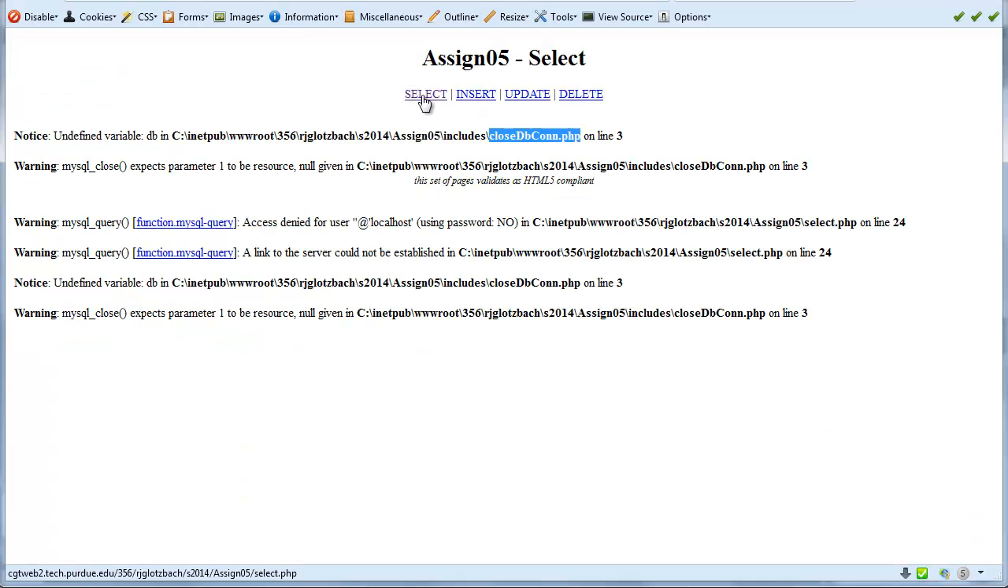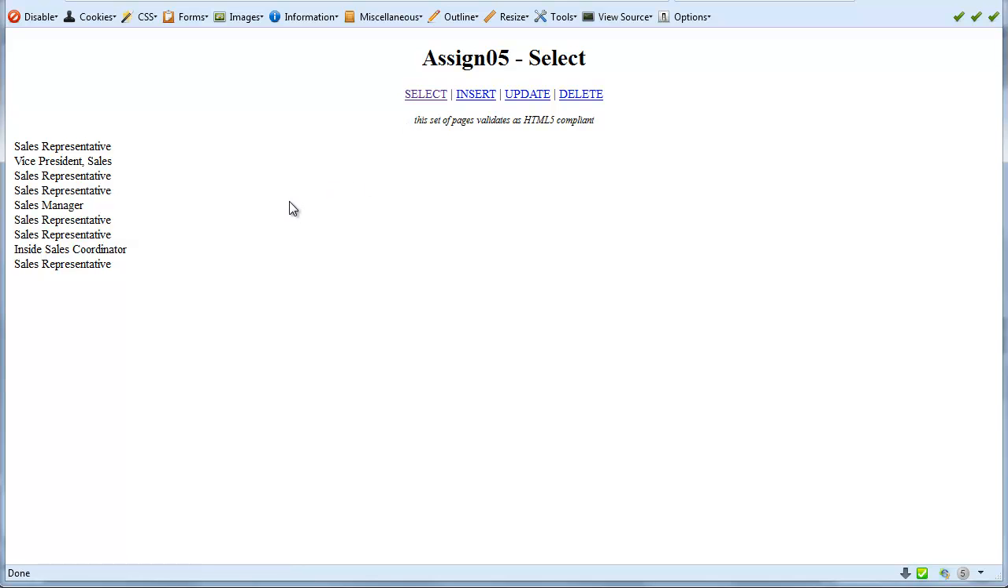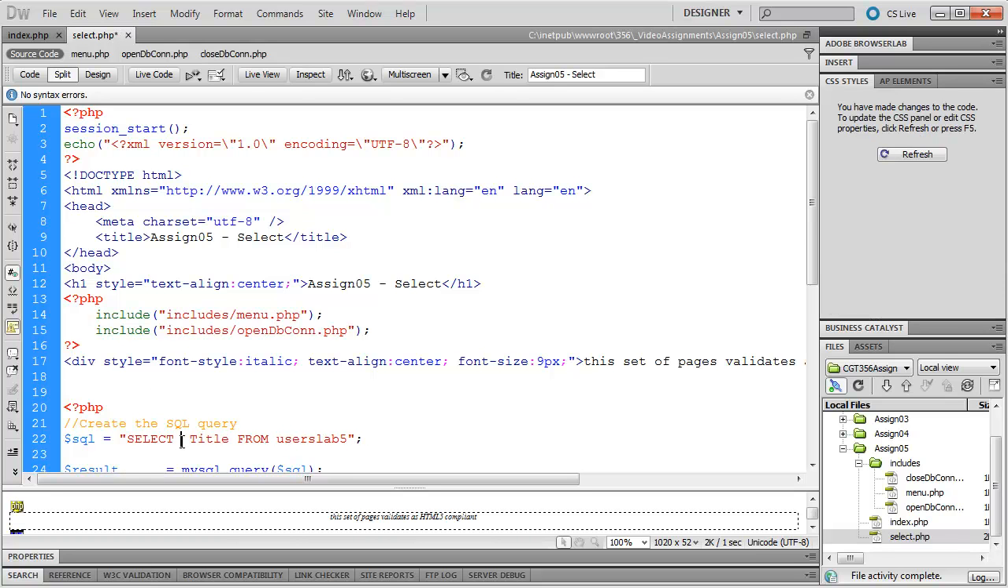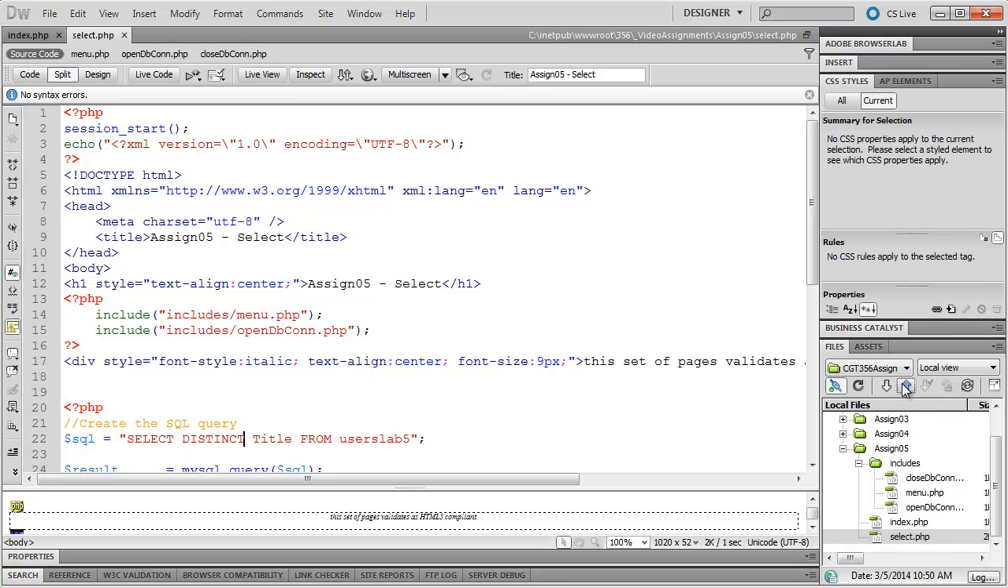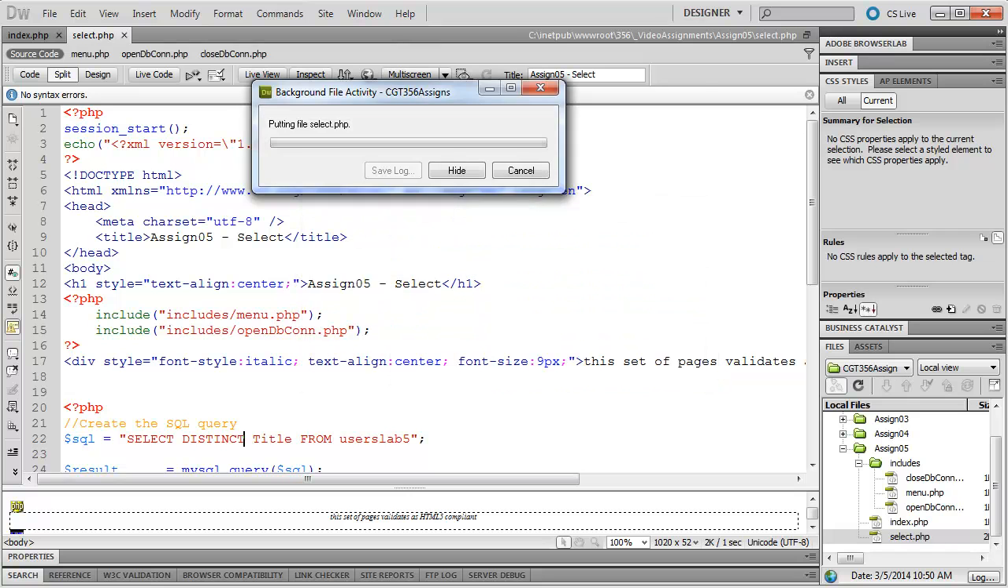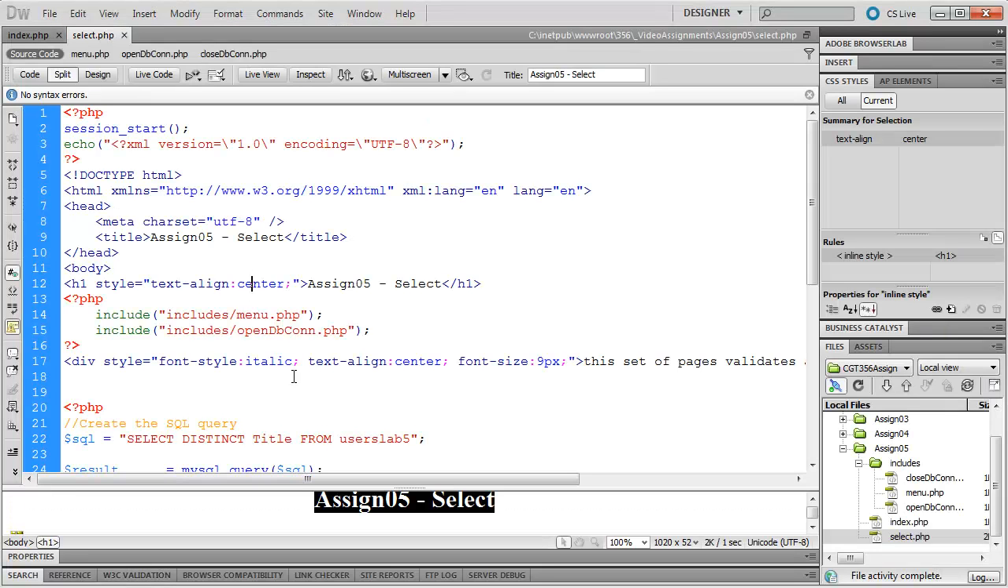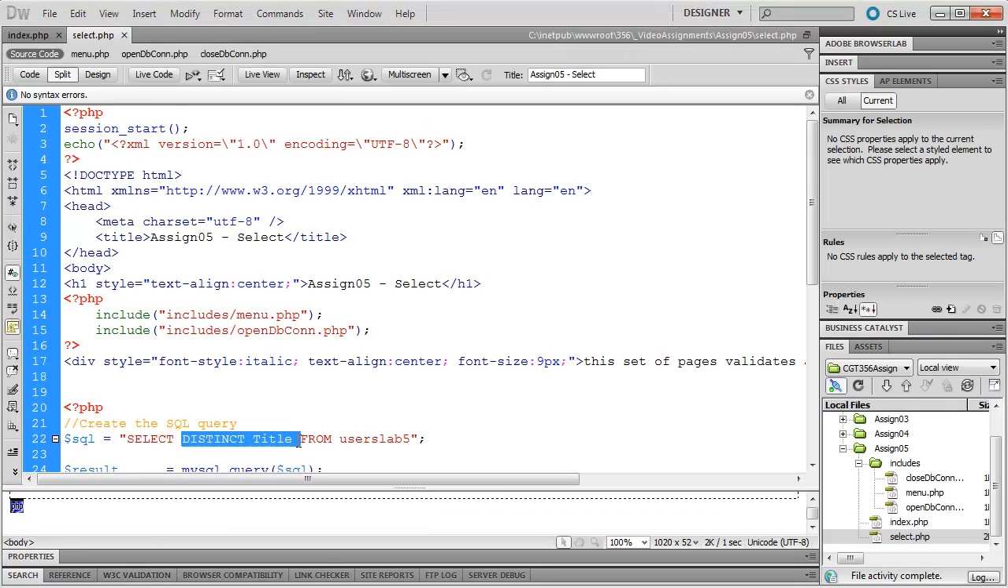We'll come out here to test, reload that page. So back to what distinct does. You'll notice that sales representative repeats several times throughout there. But if I simply add the word distinct to that, select distinct title, save that, push it up once again, and refresh this page, now it will only list things once as they appear there. So now we can go back here and we can edit this so that it is actually what we want